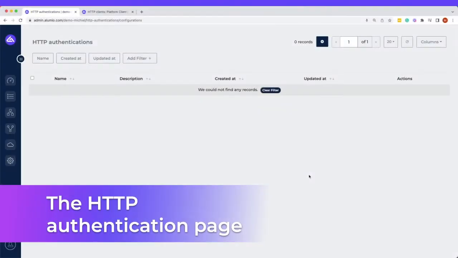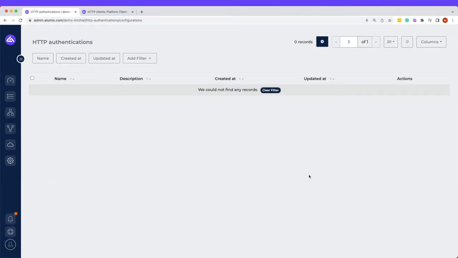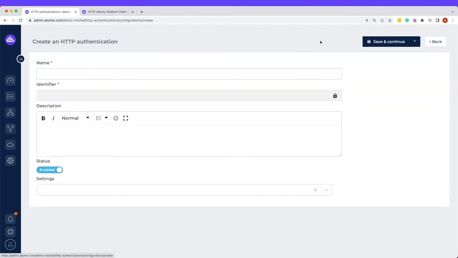Within this video, we will talk about the page of the HTTP authentications. In the case of an HTTP authentication, we don't have any within the system yet, but we are about to create one. If we click on create, we could say, for example, that we want to do a Magento 2 bearer token